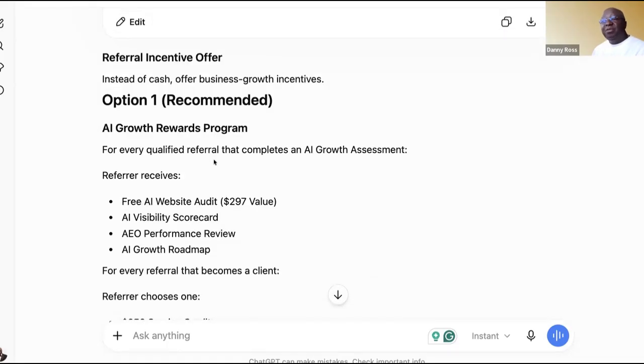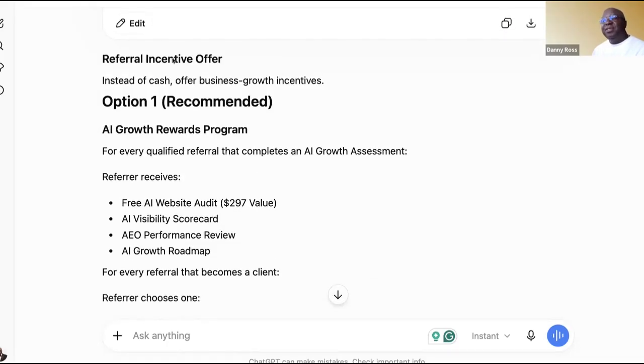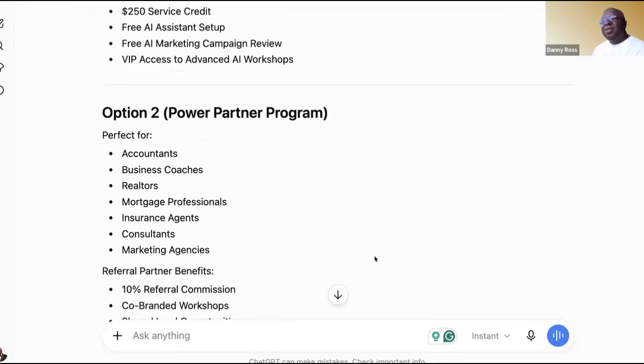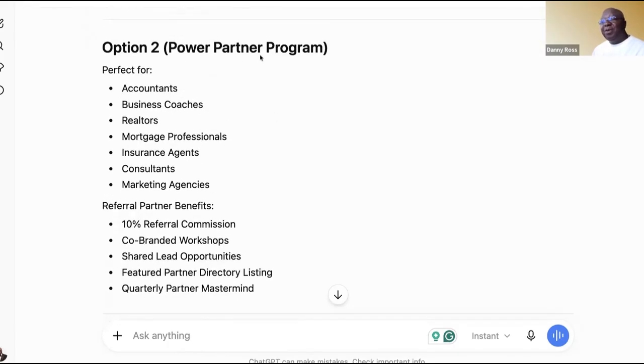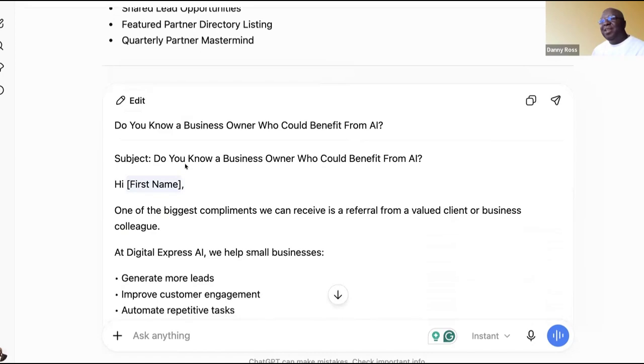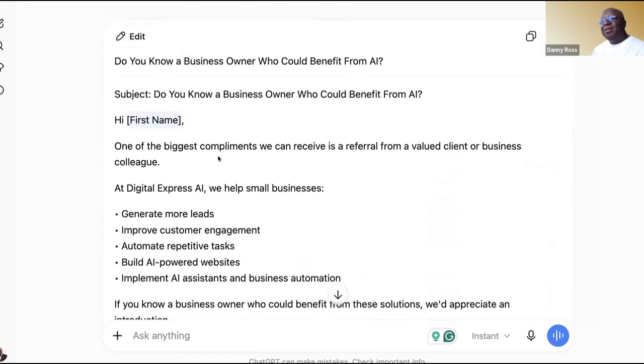If you're in the type of business where you can offer an incentive, that's obviously going to be important. You can power up with partners in related, non-competitive industries. And then same thing, you can write an email. As I said, you can actually write the email, send it to your current customer and say, "Hey, can you send this perhaps to someone who you think would benefit from my service?"